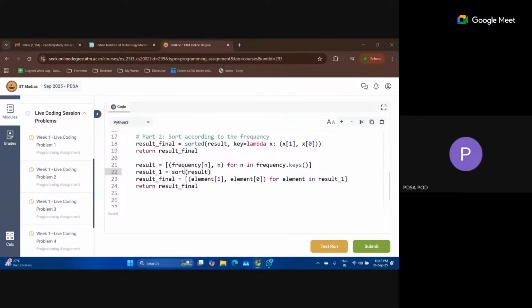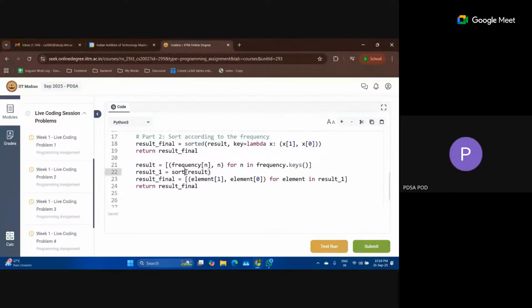Let me verify if sort will work or not. Ma'am, there is an error in the code.